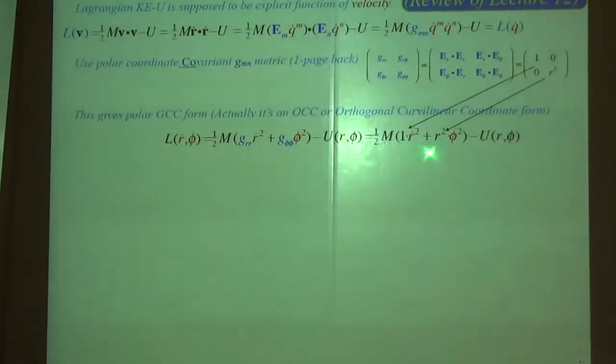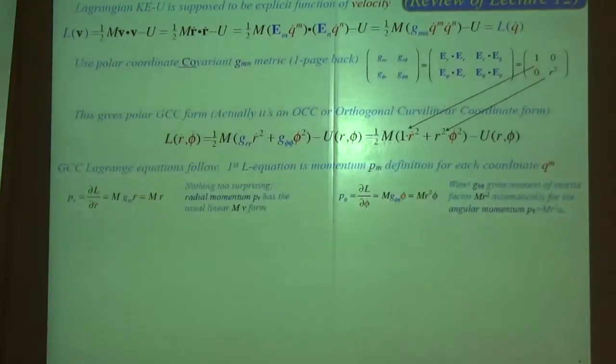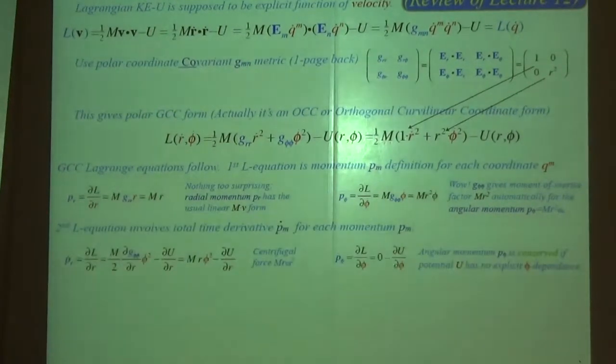So this is the actual Hamiltonian, I'm sorry, Lagrangian, I'm getting ahead of myself. The Lagrangian is a sum of r dot squared and r squared phi dot squared, and this is phi dot squared, multiplied by 1/2 of the mass. So that's the thing out of which we could produce immediately a radial momentum. No surprise there, but this was a nice thing of getting angular momentum with the rotational inertia just given